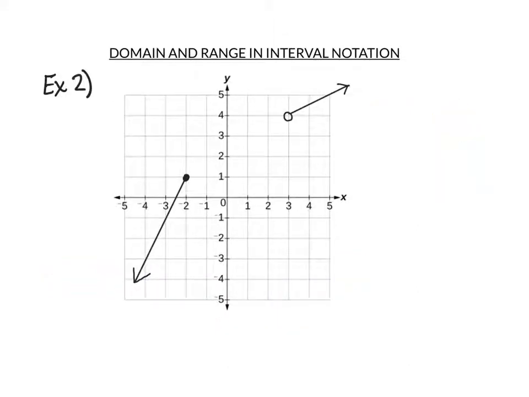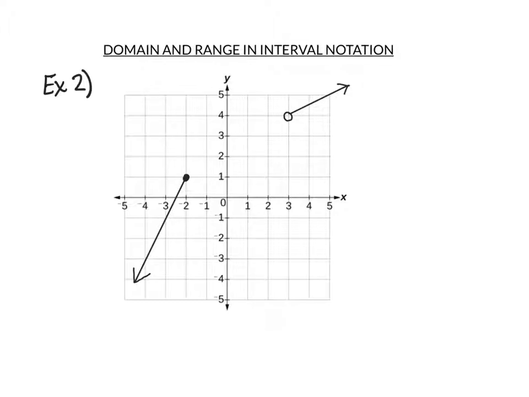Now let's try a second example of finding domain and range. This is also a function, but in this case it is discontinuous. To find the domain of this graph, we are going to drag a vertical line from left to right. And when we do that, we're going to keep asking, does it touch the black line? In this case, the vertical red line does touch our black line because our black arrow is pointing down and to the left. Yes, it touches.